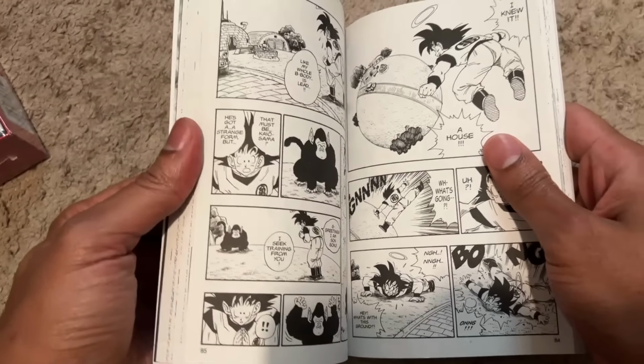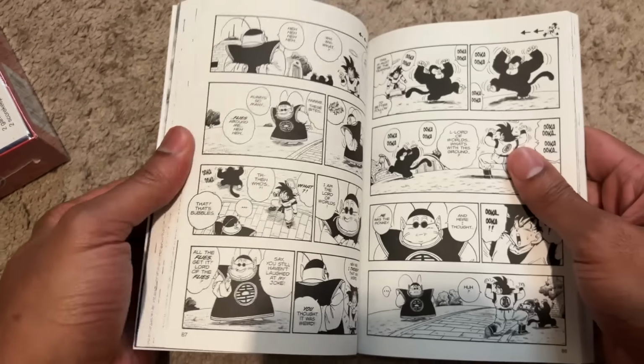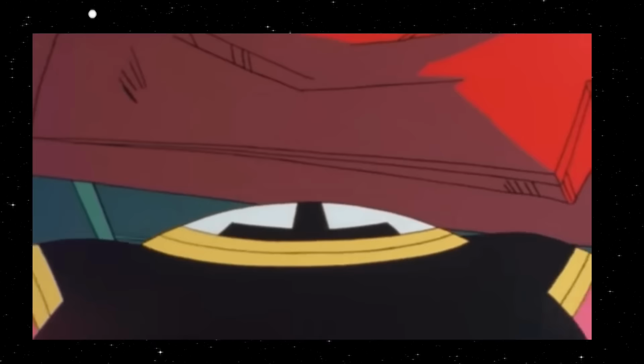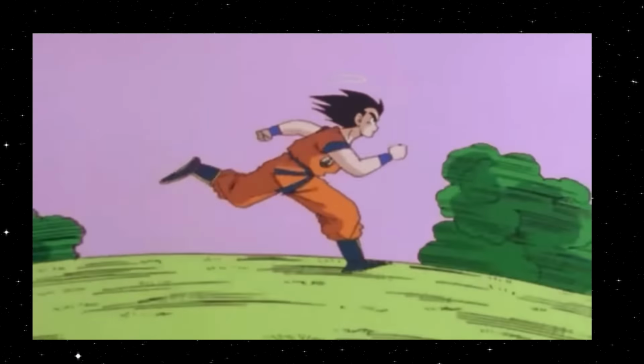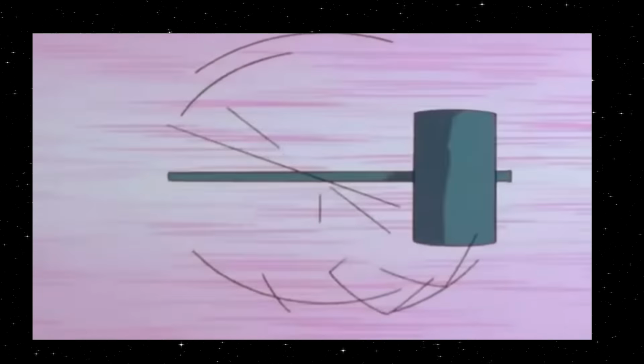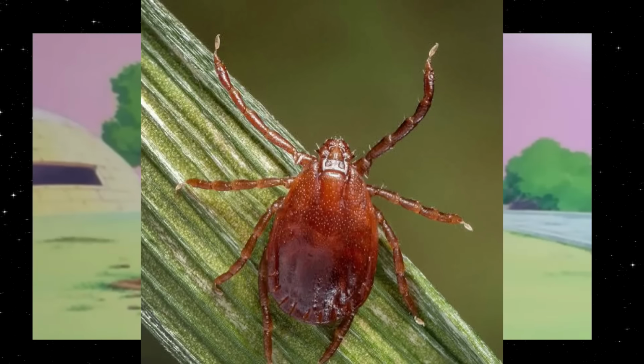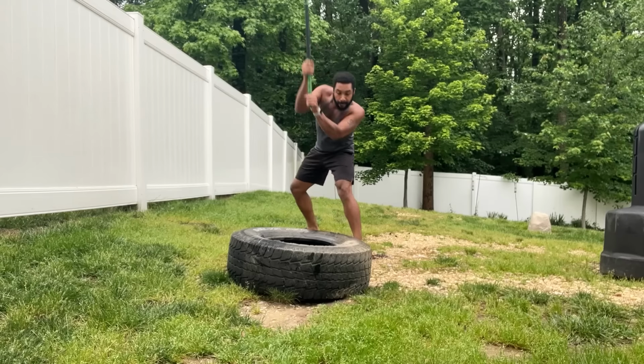Now I gotta use some filler with this sledgehammer, because fun fact, Gregory actually wasn't in the manga, so this entire training scene was just made up for the anime, and I just love it regardless. Goku got to use a sledgehammer when trying to hit Gregory when training with King Kai, and while I love the idea of swinging a sledgehammer at various bugs, especially you fuckers, I think hitting a tire is even more